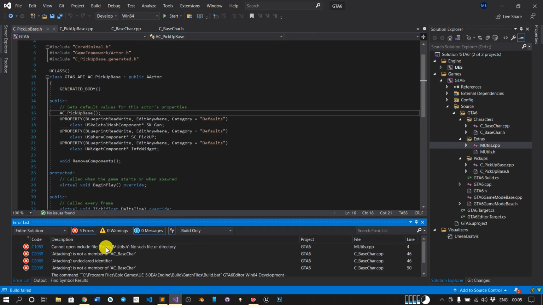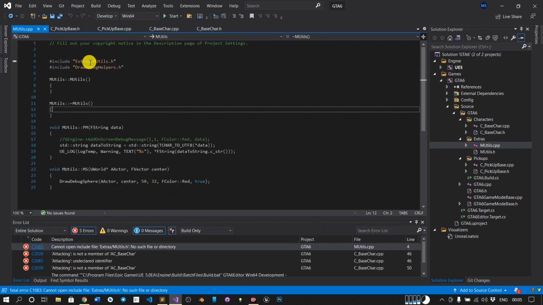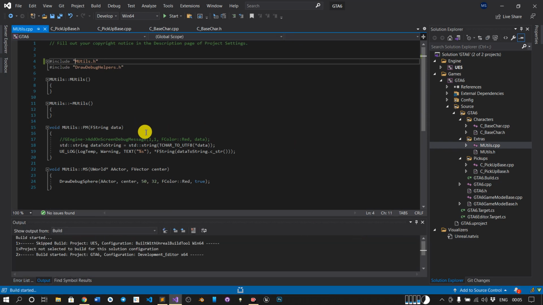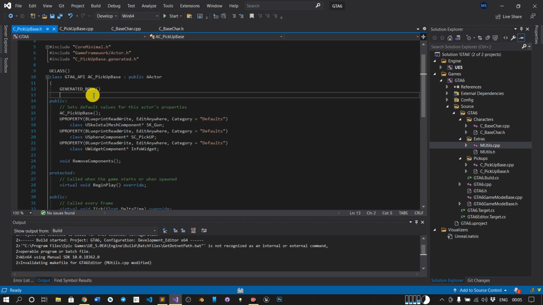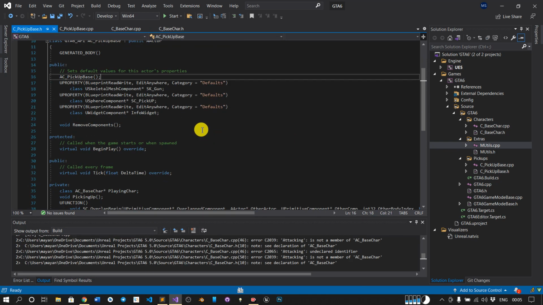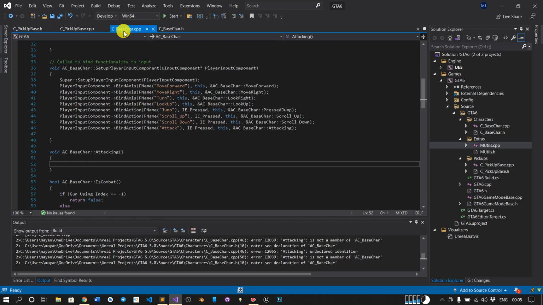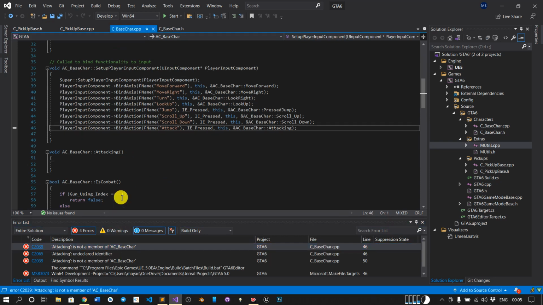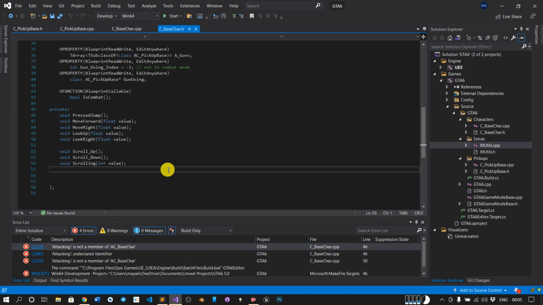Yes, we have to remove the directory, so it should work fine now. Now we are inside the character. Just begin in Attacking. We haven't written the code, right? We have inserted the definition here, right?